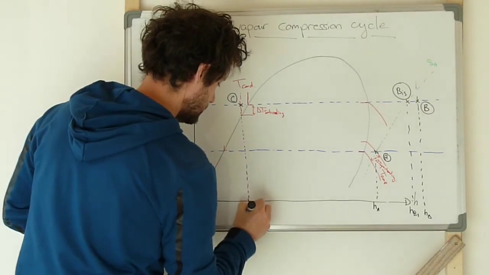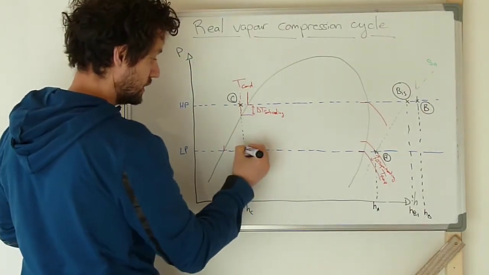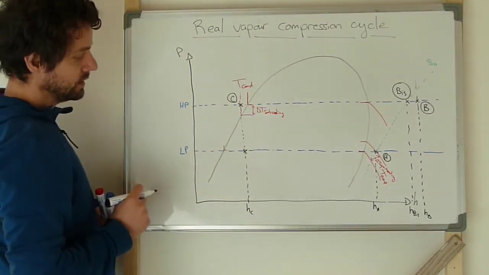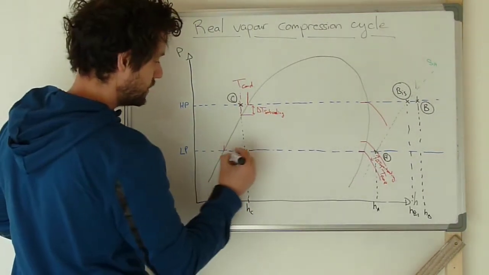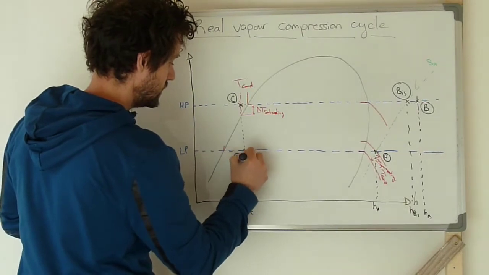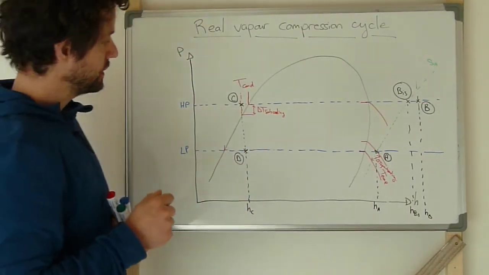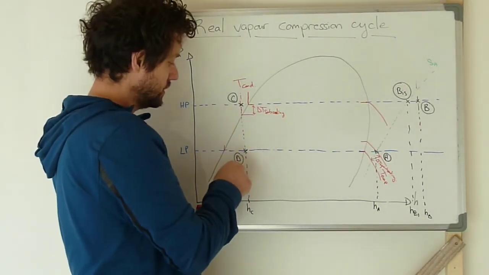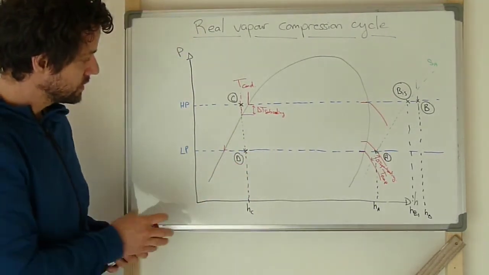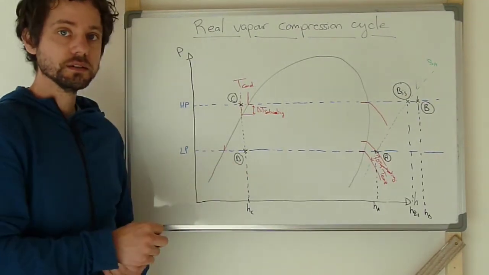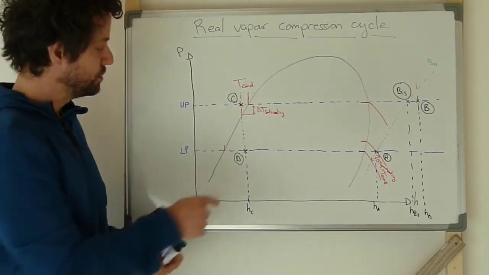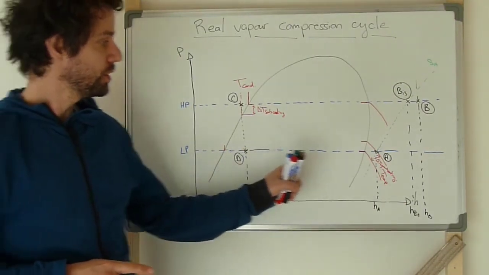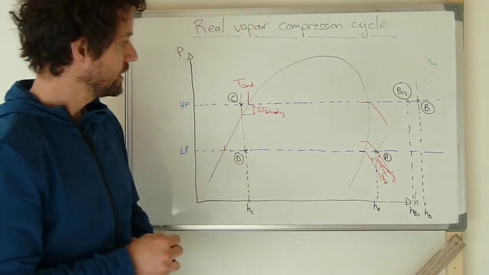So this is the specific enthalpy of point C and also of point D, and point D is where this isenthalpic line crosses the low pressure, so that's point D. And then finally, across the evaporator, the fluid enters in D state, so mostly liquid but a little bit vapor, and the fluid evaporates completely and it's slightly superheated,